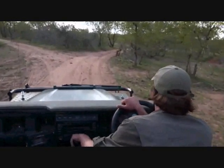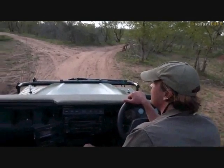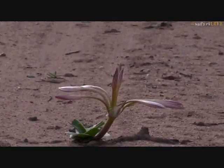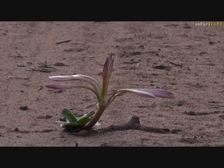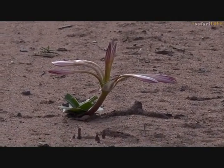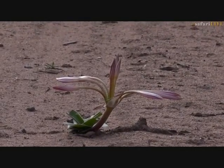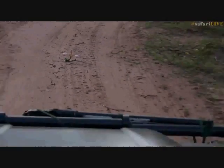Oh, there's a candy striped crinum lily. It hasn't quite opened yet though. There we go, right in the middle of the road. Very beautiful, and they don't flower for too long, but that one hasn't opened yet. Okay, so